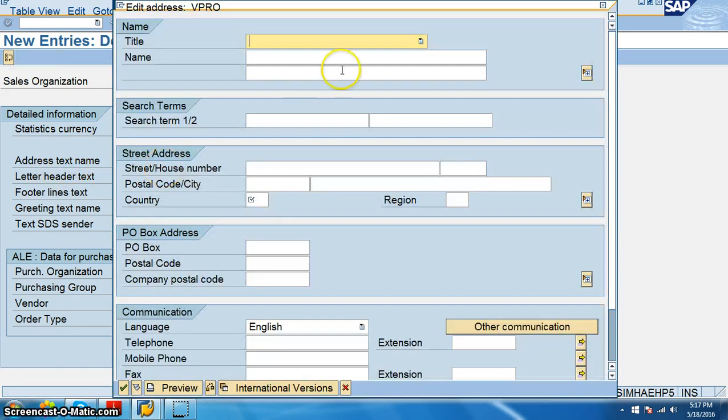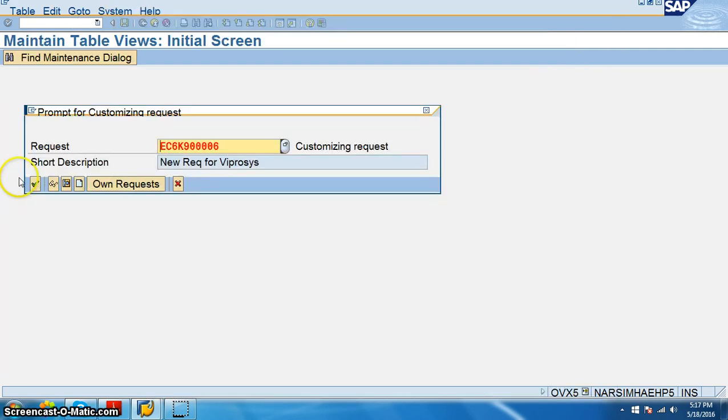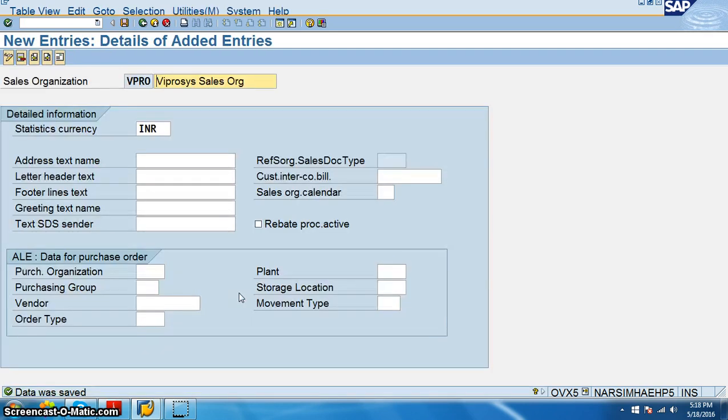We can give addressing text Mr. Hari, IN, say okay. Data was saved, back.